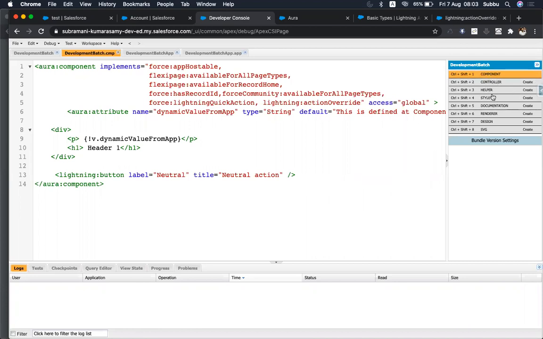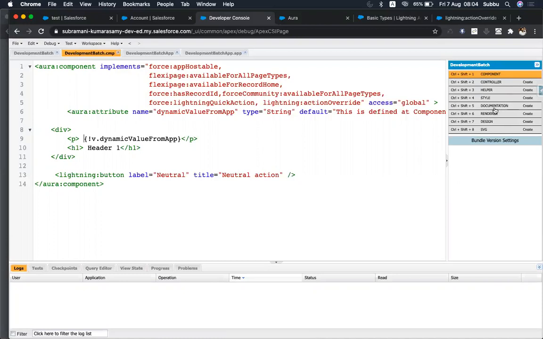We will see the difference. Why do we have the two JS files? The controller is called a JS file. Okay, JavaScript files. These two are JavaScript files. But why do we have two JavaScript files, and what are the differences? We will see it. Okay. The styles are something like CSS styles. If you want to add any styles to the components, you can add them in the styles and refer to them in the component.